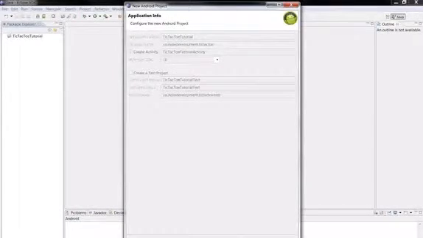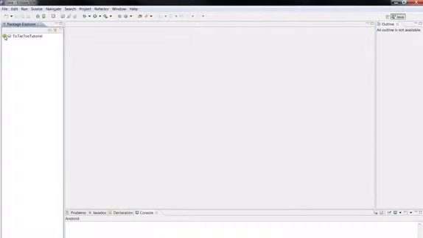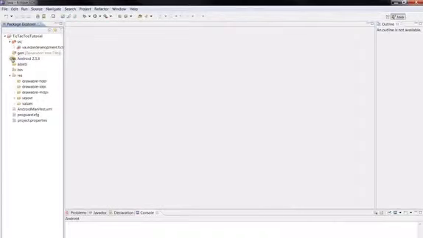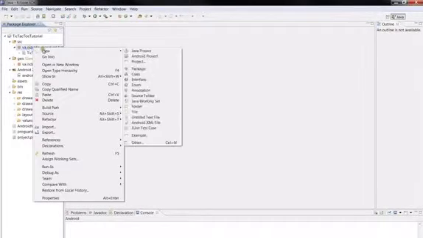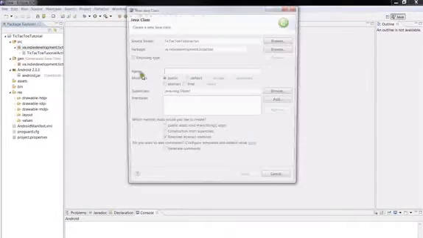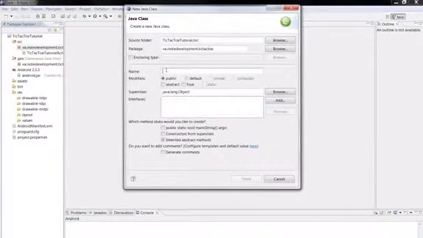So we'll go ahead and set up our project, and as you can see, still generating some of the stuff here. Okay. So we're not really going to go into too much of this right now. We'll get into that later on. So first, we're just going to go ahead and make the actual Java file that is going to go with this. So let's go ahead and just right-click on our package name, new class, and let's just name it